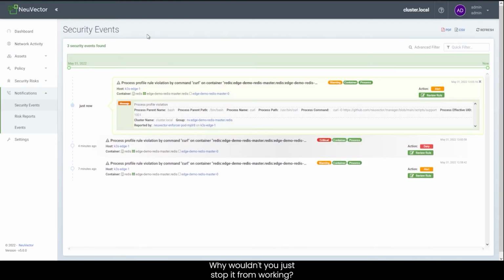Why would you do that? Why wouldn't you just stop it from working? When you're profiling an application, you let it run, it discovers those things that are known, and it comes up with its list, and it tries to auto-create this profile. Sometimes you don't catch all the things, or you want to actually exercise these applications, these containers, for other processes. So this could be something that you want to add. You'd put it back into discover, do the curl command, it would be added to the list, then switch it back into monitor. Then it wouldn't be an access violation because it was a discovered and known good process versus an errant process.